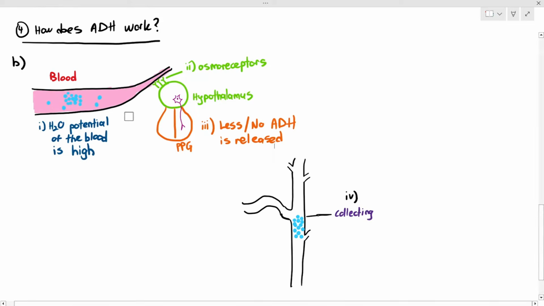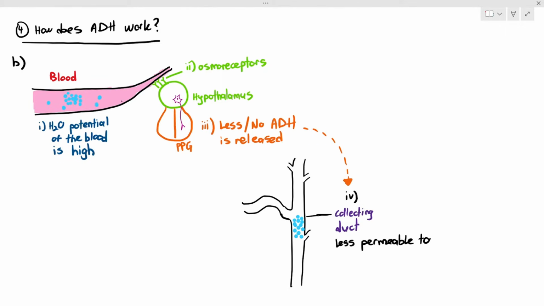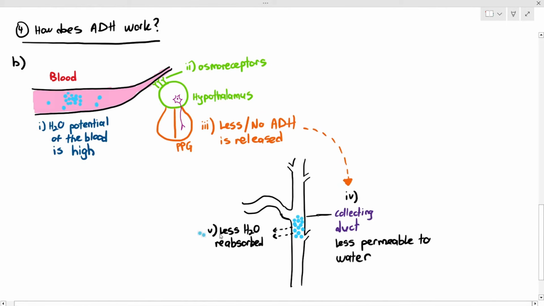So in this case, when there's less ADH released, the collecting duct is not affected, and therefore the collecting duct will be less permeable to water. So in this case, less water is reabsorbed. Because why do we want to reabsorb a lot of water from the collecting duct? We don't want to reabsorb so much water because the blood already has too much water. So in this case, we can get rid of that excess water from the nephron, and therefore